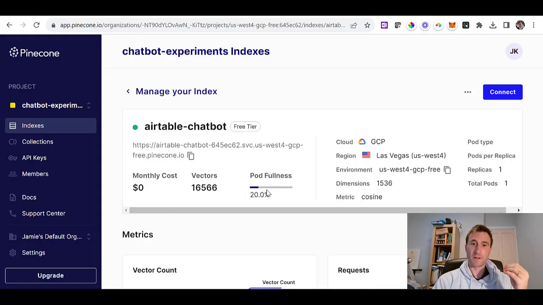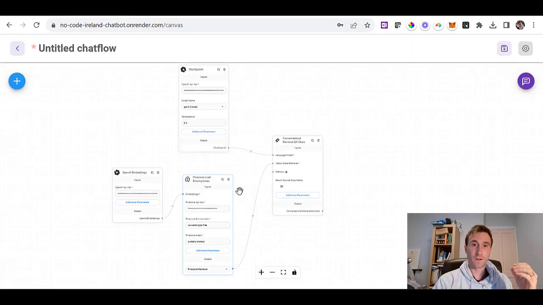So the vector database has stopped. It means all of the vectors have been loaded. It's showing that it's 20% full, and in total there's just under 17,000 vectors, so there's really quite a huge amount of data here. Coming back into Flowise, this is the chat flow that we've just set up so that